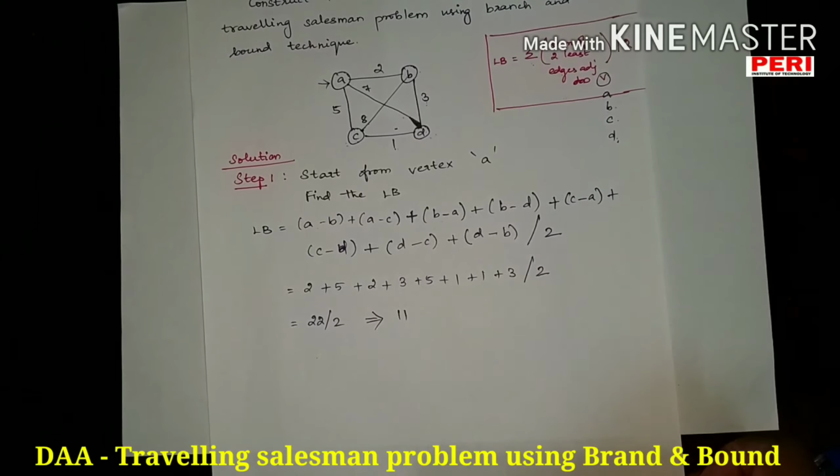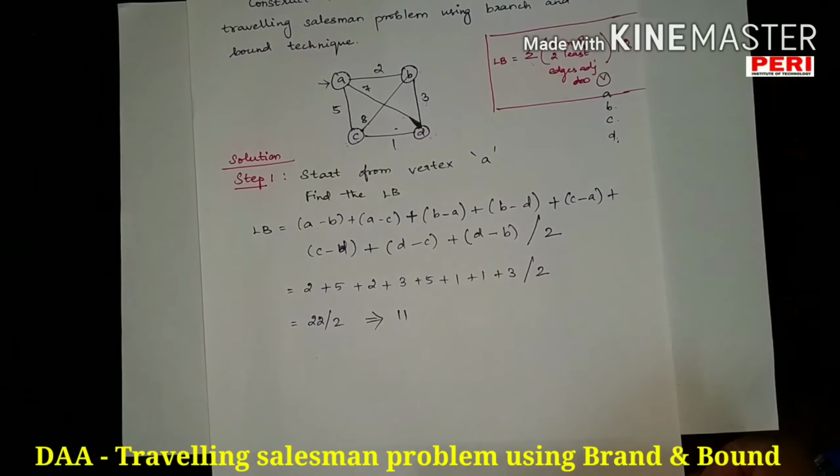So for finding the answer for A to C, we are supposed to find for A, right? Two minimum cost edges that are adjacent to A. Minimum cost edges adjacent to A are A to B and A to C. So by default you have A to C here, so no problem. If this edge is not minimum, you have to add A to C. Why? Because you are going to find for A to C. Okay, so I am going to take A to B plus A to C. So by default you get the answer here. I mean, you are adding it since it is of least cost. If not, also you have to add it by default. Why? Because it is one of the paths.